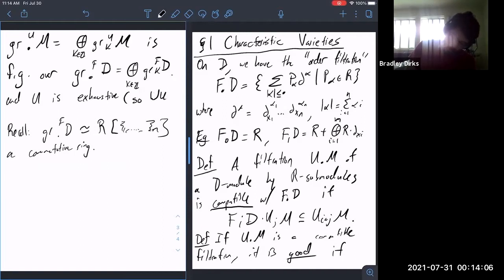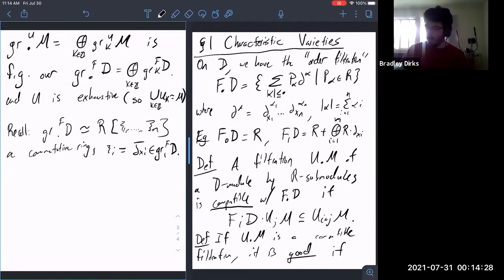So the union of all these U_k is equal to M. Maybe I'll say these χ_i are the image of those dx^i in gr^1 of D. Okay, great. So maybe I'll give an equivalent definition of good, which is useful if you want to write down